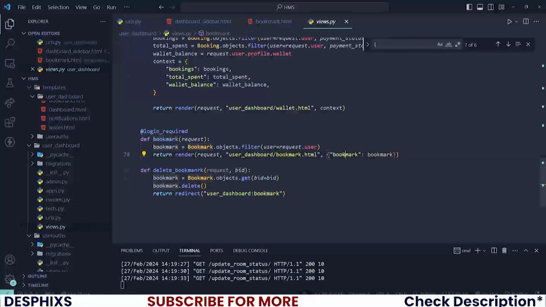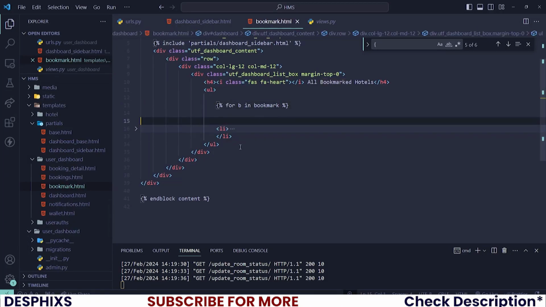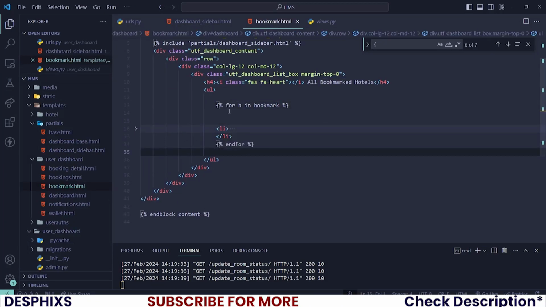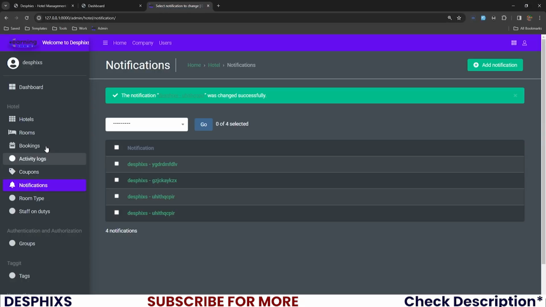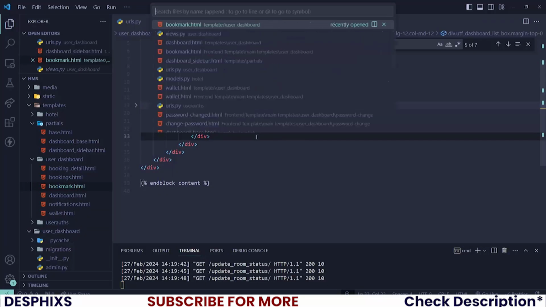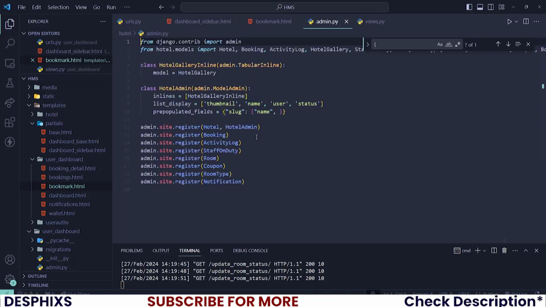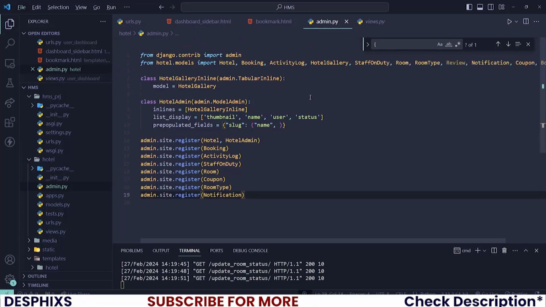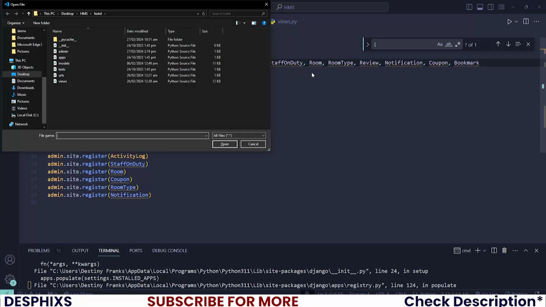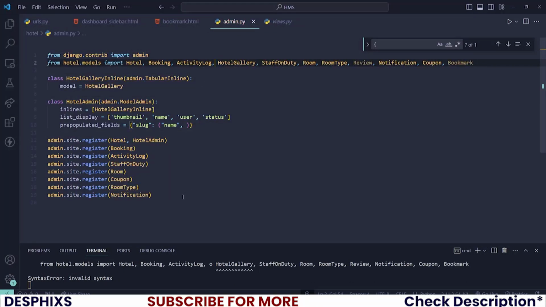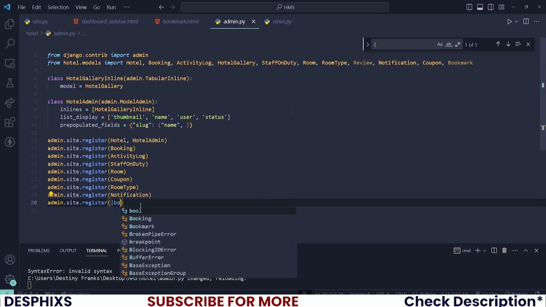See, I called this bookmark here, this one here. So for b in bookmark, and then we wrap it up over here. Let's firstly check if we have any item in the bookmark here. Do we even have that model registered? I don't think so. Let me open up my admin and import bookmark. Okay, we even have it imported already. We just need to register it. So